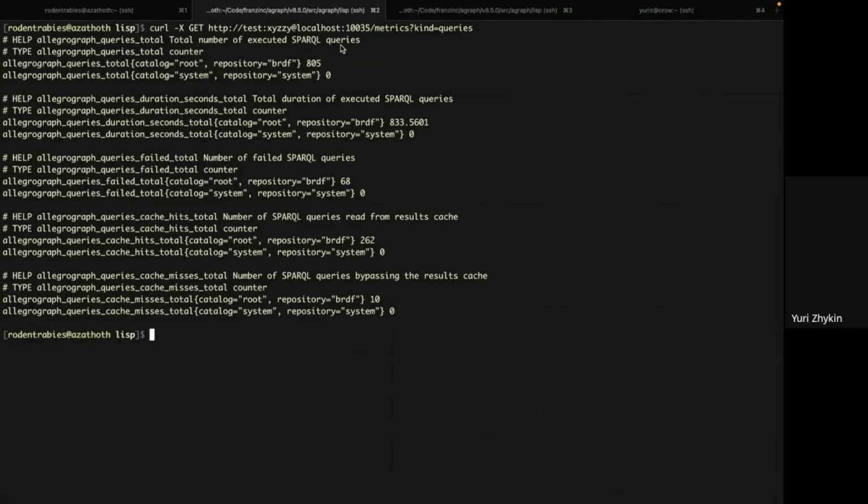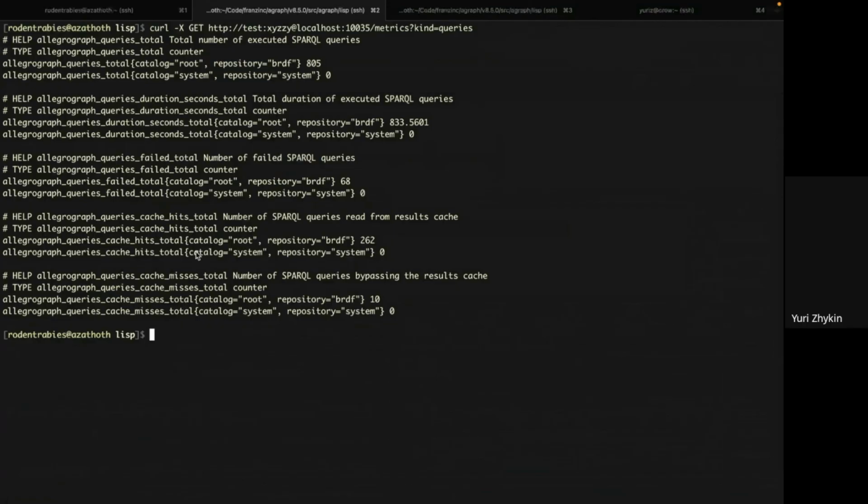The metrics are returned for every repository that is currently active. So if you're not using a particular repository, but it is on your system and hasn't been used in a while, it will not show up here. This is done to avoid opening repositories that are inactive and spinning up the instances, and so on. And you can see Prometheus format is very easily readable. It's textual. You can use various queries